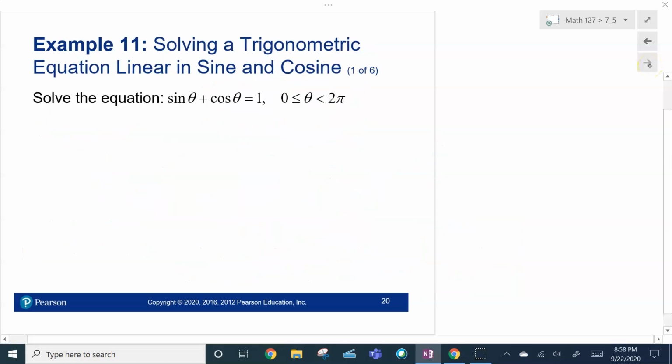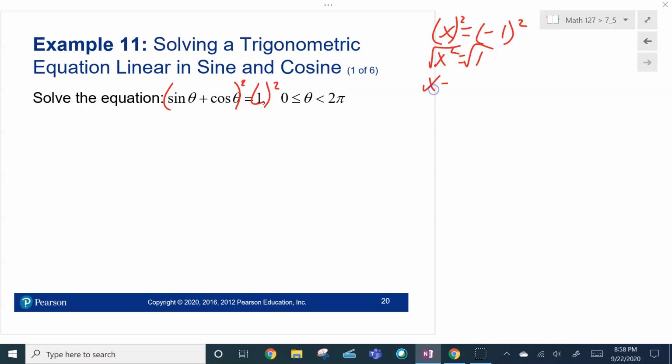Okay. All right, how about solving the equation here? Sine theta plus cosine theta equals 1. One way to approach this is to square both sides. Now I've got to remember if I square both sides of an equation, for example, let's say I had x equals -1. I know that's already solved for, but if I square both sides, I've got to remember that when I then go to solve it, I've got to check for extraneous solutions,